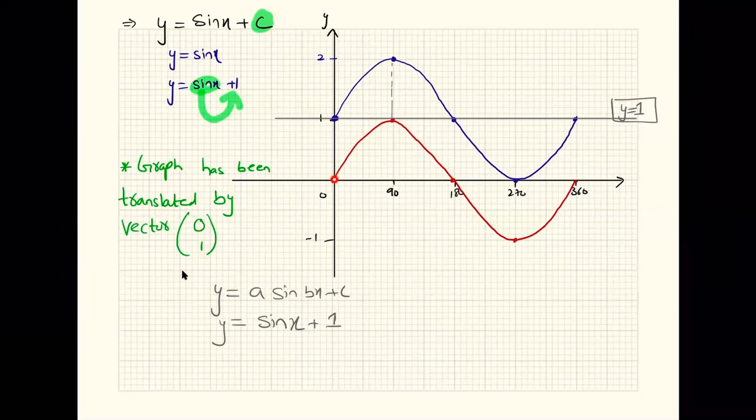इसका मतलब है ये पॉइंट को अगर मुझे ट्रांसलेट करना है (0, 1) से, which means कि मुझे x डायरेक्शन में 0 मूव करना है और y डायरेक्शन में 1 मूव करना है। तो (0, 1) का मतलब है ये पॉइंट यहाँ चले जाएगा। (0, 1) का मतलब है कि ये पॉइंट x एक्सिस में कुछ नहीं मूव करेगा, सीधा ऊपर चले जाएगा, ठीक है। So this, if you change the value of c in the trigonometric equation, you're going to see a vertical translation, ठीक है। Do remember this.